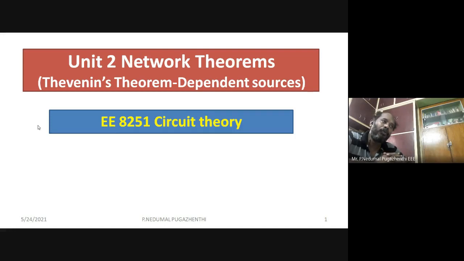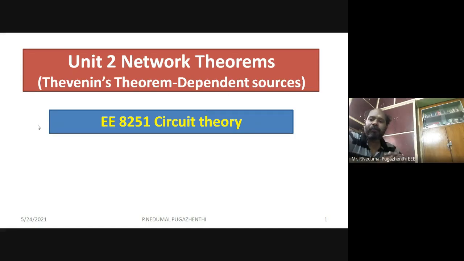If your electric circuit has independent sources, and they are asking you to find a parameter in the network using Thevenin's theorem, we have tried it. Or they have asked you to find the equivalent Thevenin's circuit. We have also tried it by finding a voltage source in series with a resistor, V Thevenin and R Thevenin.